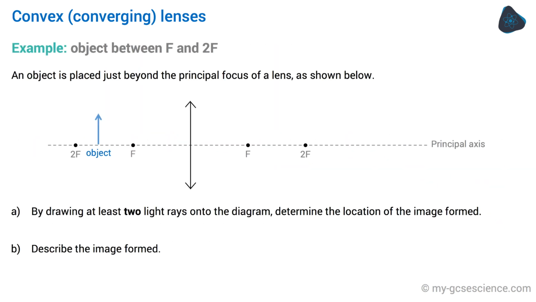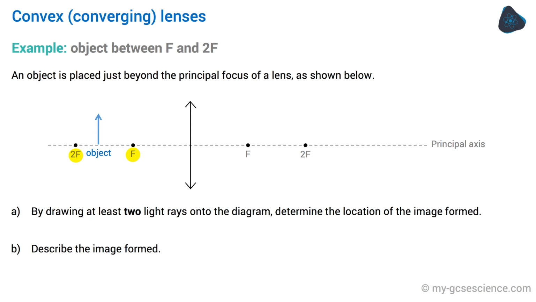In this example, we're going to find out what happens to the image when the object is moved a little closer to the convex lens, in this case between f and 2f as shown. Even though we drew 3 light rays just a moment ago to determine the location and size of the image, we can actually get away with drawing just 2. So from now on, to make our lives a little easier, we're going to draw just rays 1 and 2